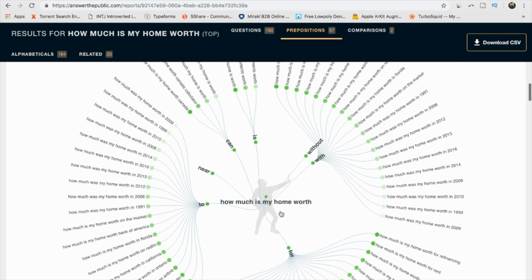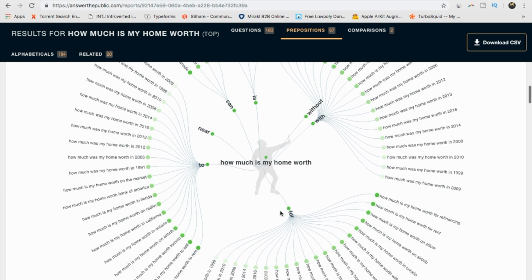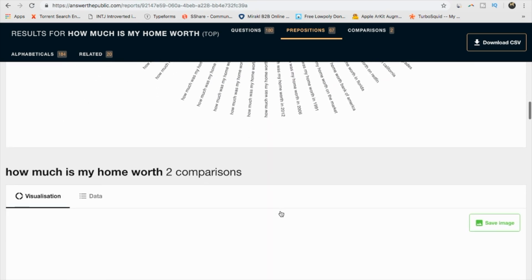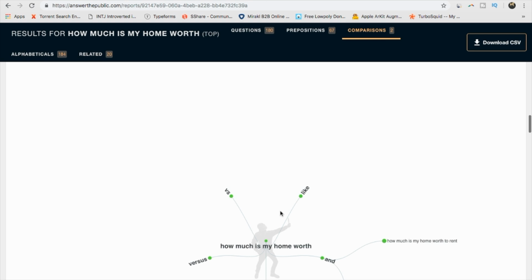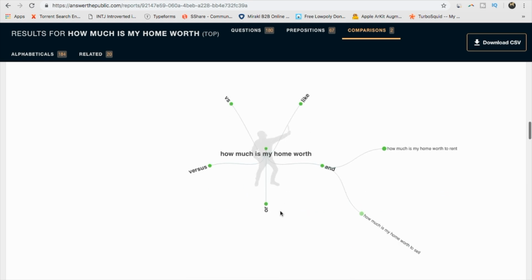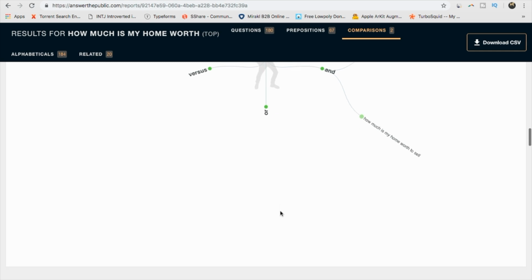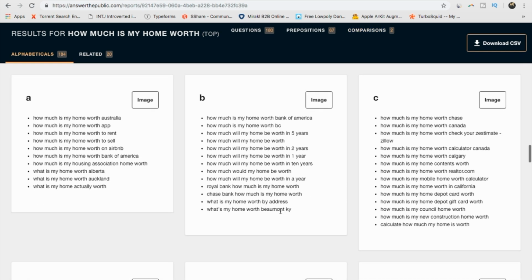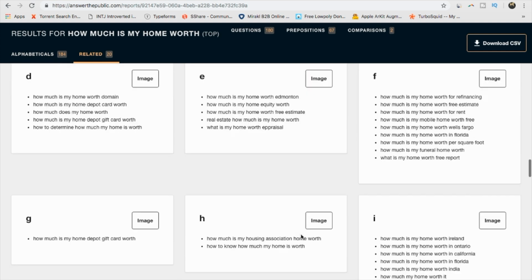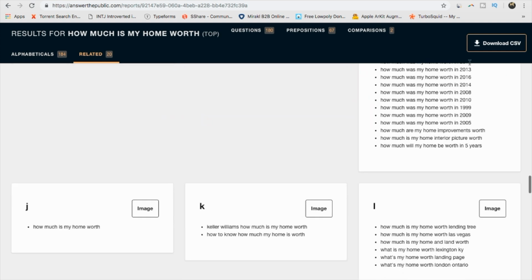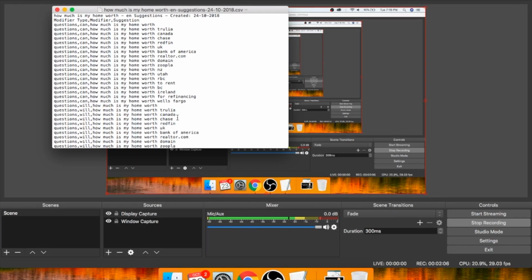Oh, okay. How much is my home worth for refinancing? Okay. Any comparisons? How much is my home worth to rent? How much is my home worth to sell? And then here's a whole bunch of results. So I'm going to actually just click on download. I'm going to open it up,